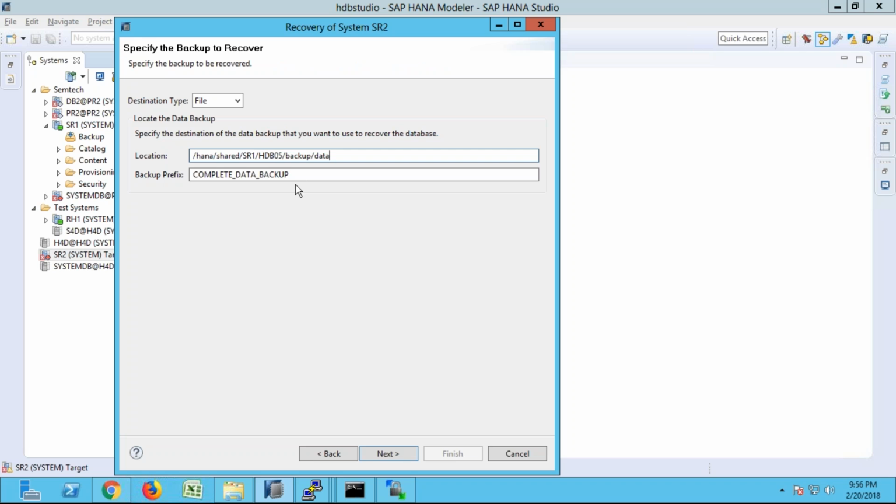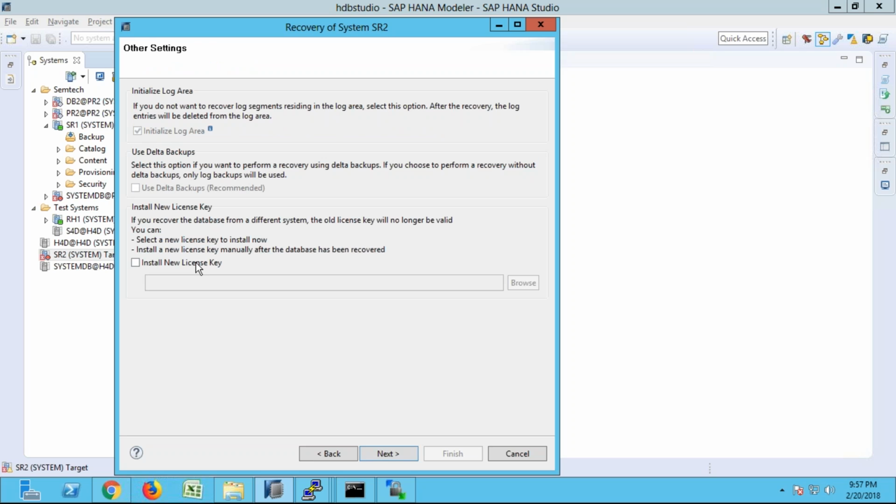And whatever the backup prefix you have, you specify that. So we are using that SR1 backup. Next,